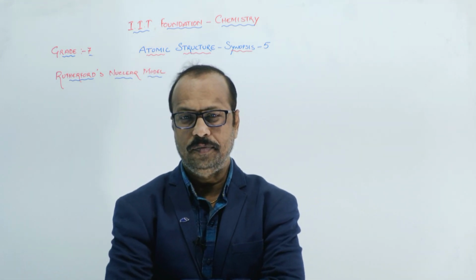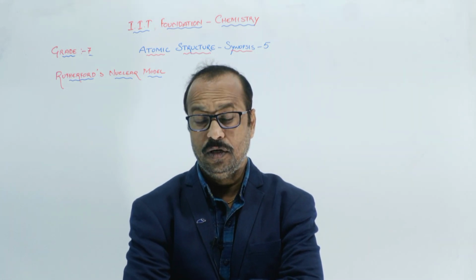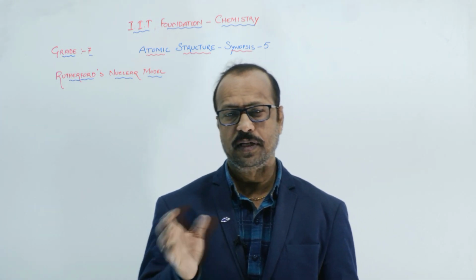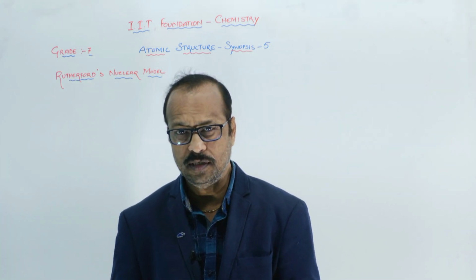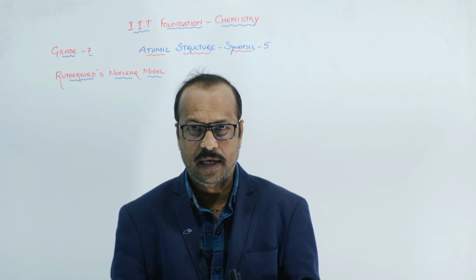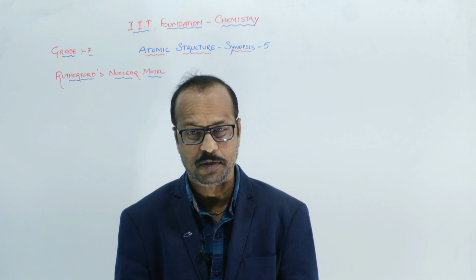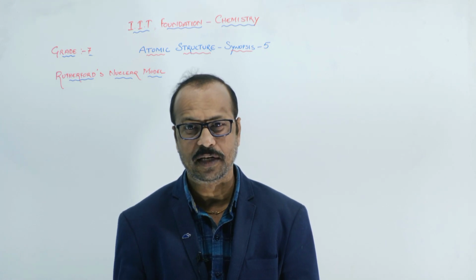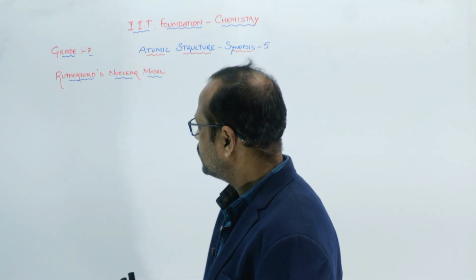So students, in the last class we discussed about J. J. Thomson's atomic model. When J. J. Thomson proposed his atomic model after discovering the electron, he did not know about the protons. So he expected that atoms are positively charged spheres, and in that electrons are embedded. Electrons means what? Negatively charged particles embedded. Okay. Now, then Rutherford